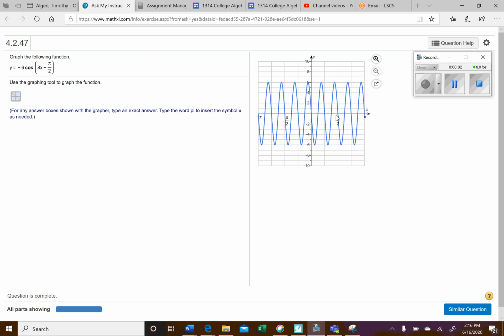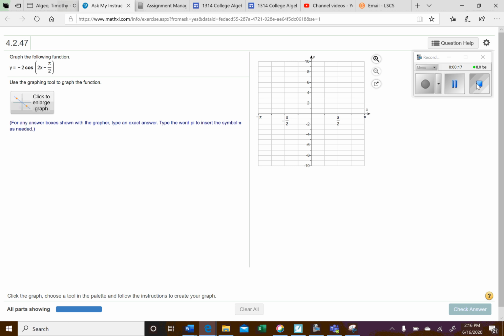Okay, so here's the question that you were working on. I'm going to go ahead and click similar example, and let's take a look at another one. Okay, so here we are. We have this one right here. And so if we click on graph,